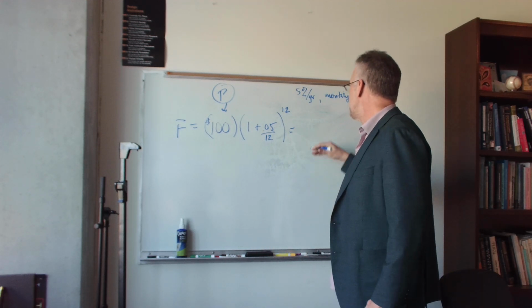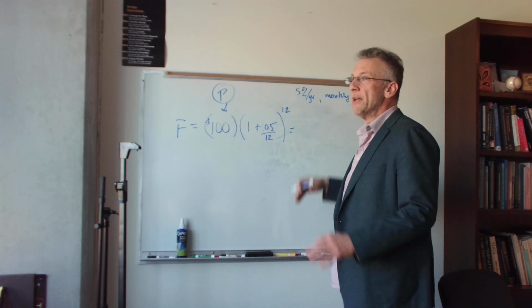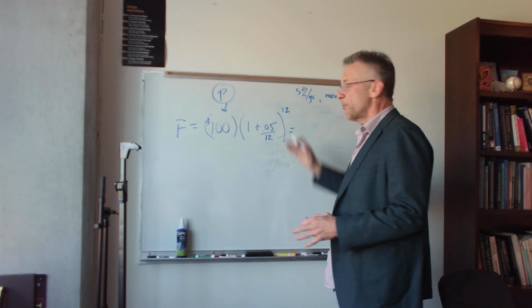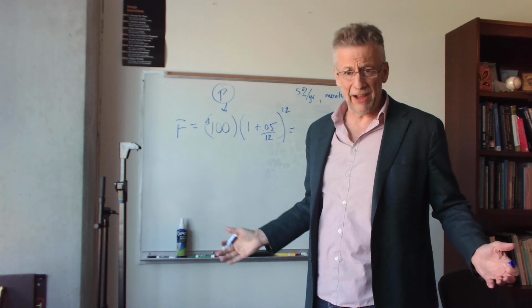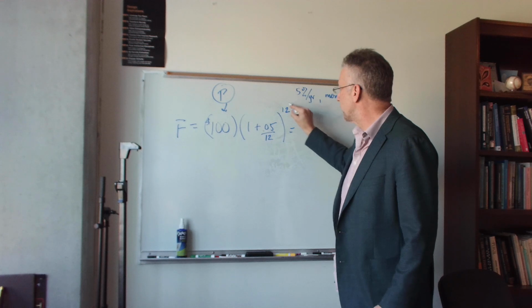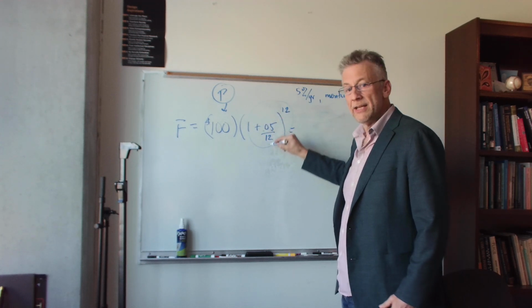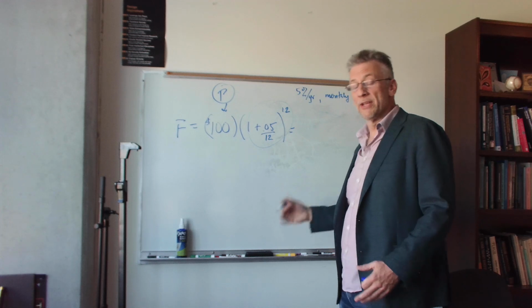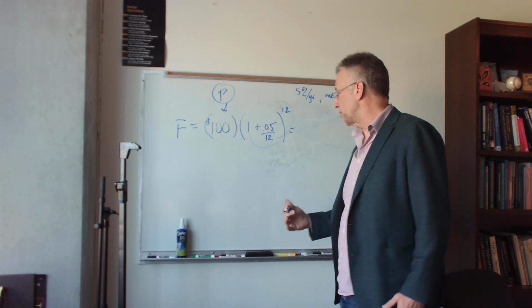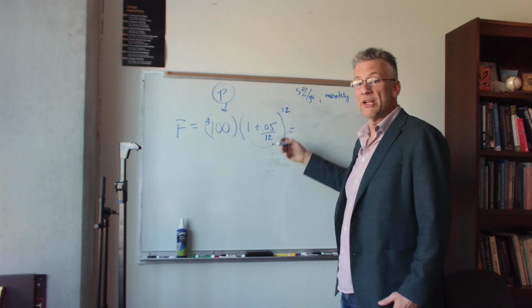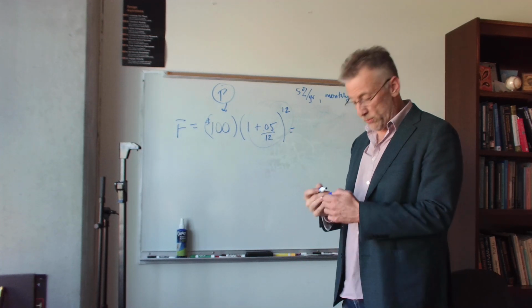The difference between what's called the nominal rate, the 5% per year, and the effective rate is compounding. So the effective rate is computed in here. It's compounded monthly, and so it goes up. It's more than 5% per year, because every month you pay a little bit of the interest on top of the interest that was added